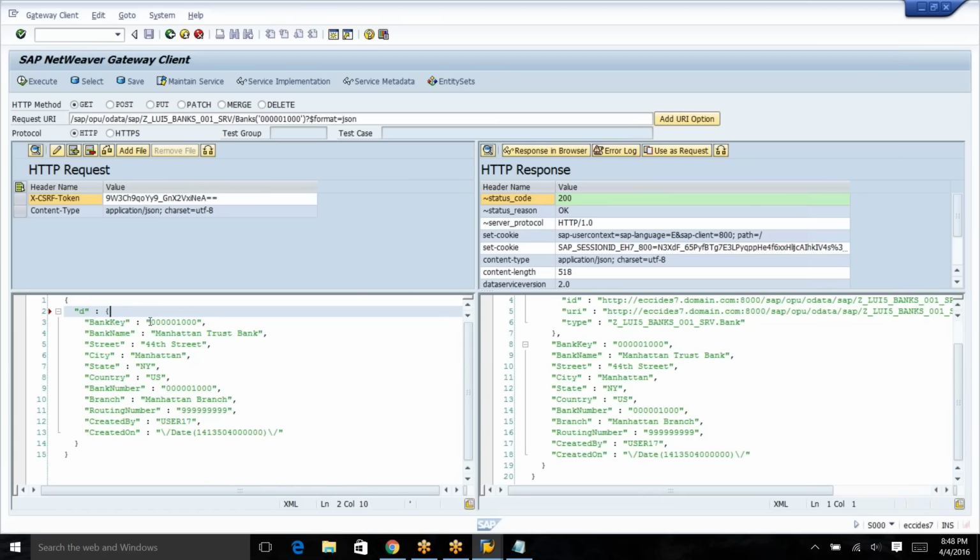I'm not going to change the key. I'll just say, since it has moved from 44th Street to 42nd Street, I updated it. And I'll just say Lower Manhattan branch or something like that. I'm just going to change the routing number to,